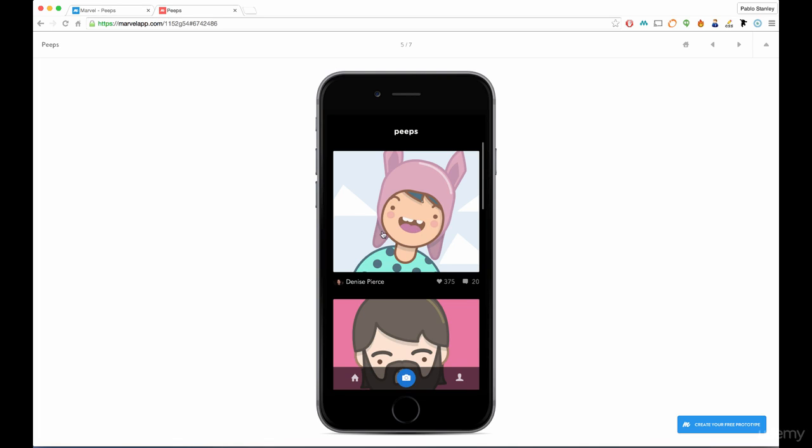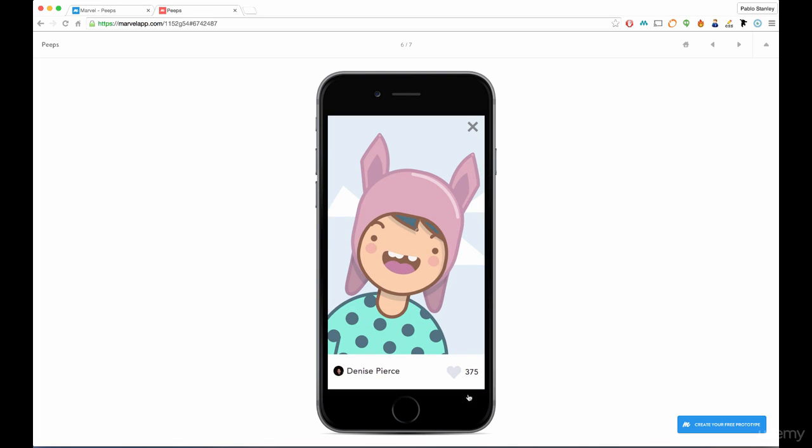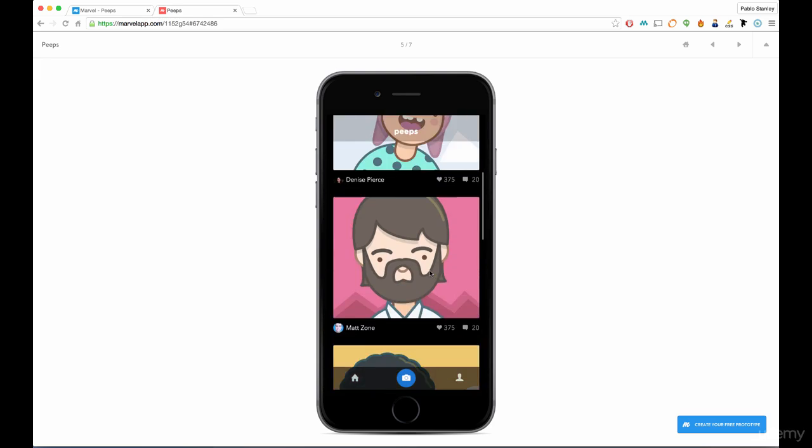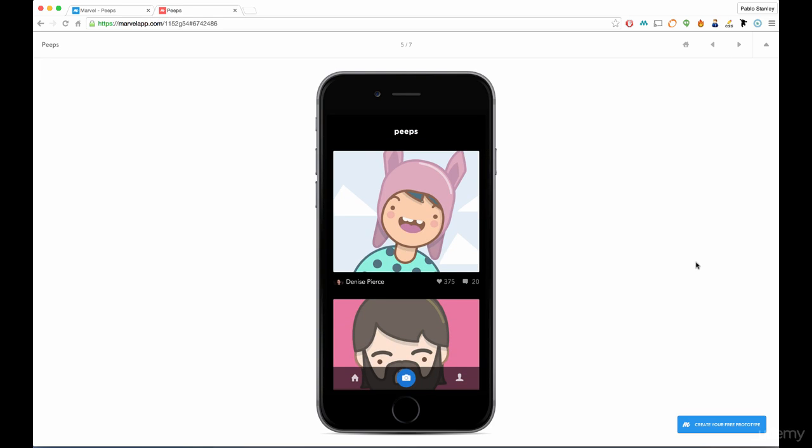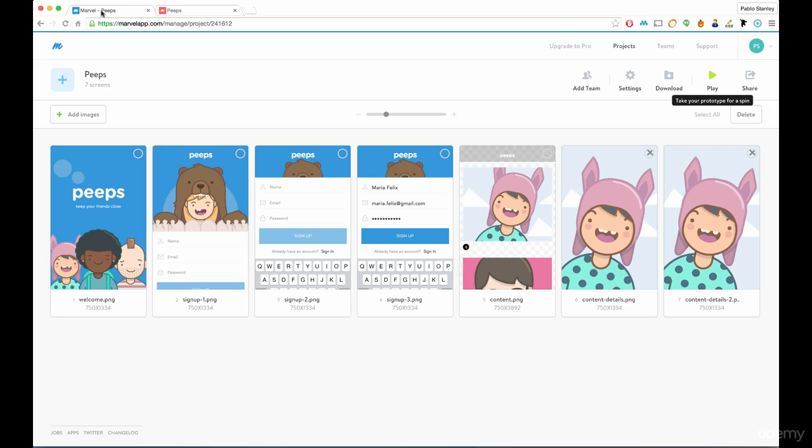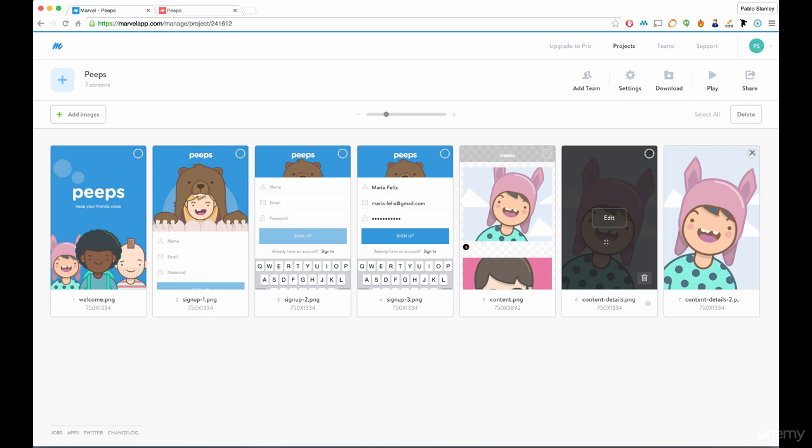So let's go to this one, and we're inside. We can like, dislike, and we can close it. So that's it. Another thing that you want to do is go back to your project, and probably add a team so people can comment or edit the images,